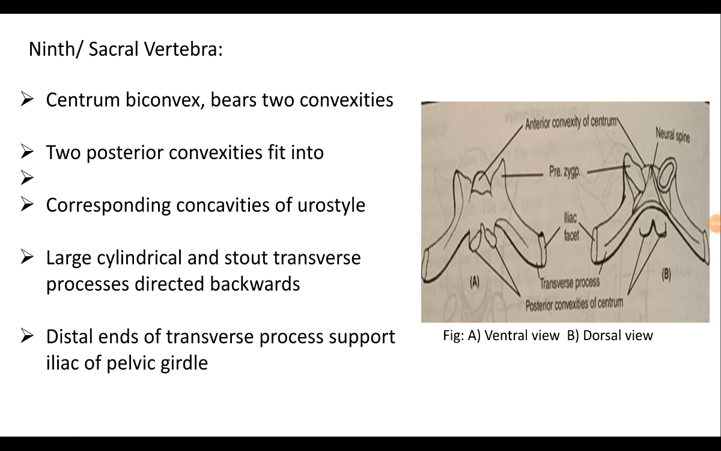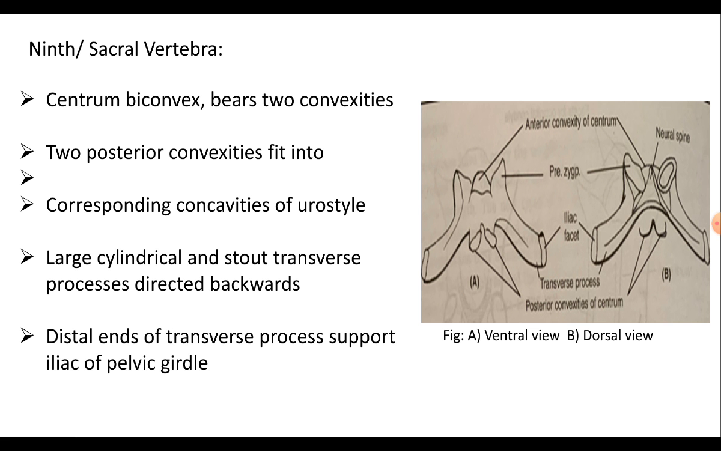The ninth are sacral vertebrae. This vertebra differs in many aspects from the typical vertebrae, where its centrum is biconvex in nature. That means it bears two convexities. When you observe the picture, you will notice that the centrum bears one anterior convexity that fits into the posterior concavity of the eighth vertebra, that is the preceding vertebra,